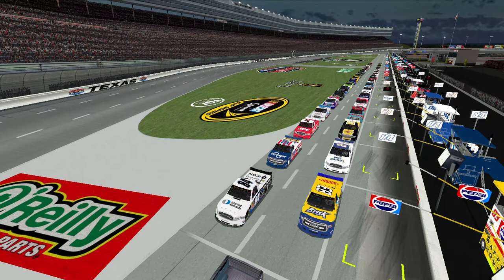Hello everyone and welcome to the Texas Motor Speedway this beautiful Memorial Day weekend for the running of the Kleenex 350 at Texas. This week is the patriotic weekend for the Truck Series and the Cup Series, so you're going to be seeing a lot of those nice red, white, and blue paint schemes out on the track this weekend here at Texas. 40 drivers, of course, like all the other truck races, and it's a 67-lap event here at